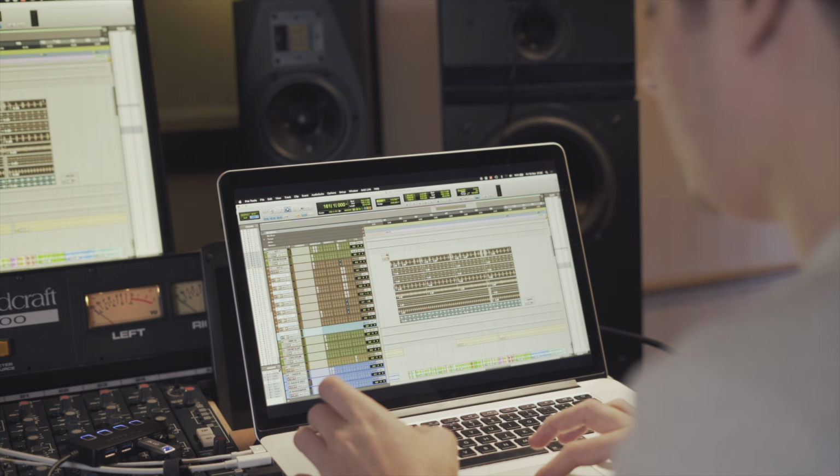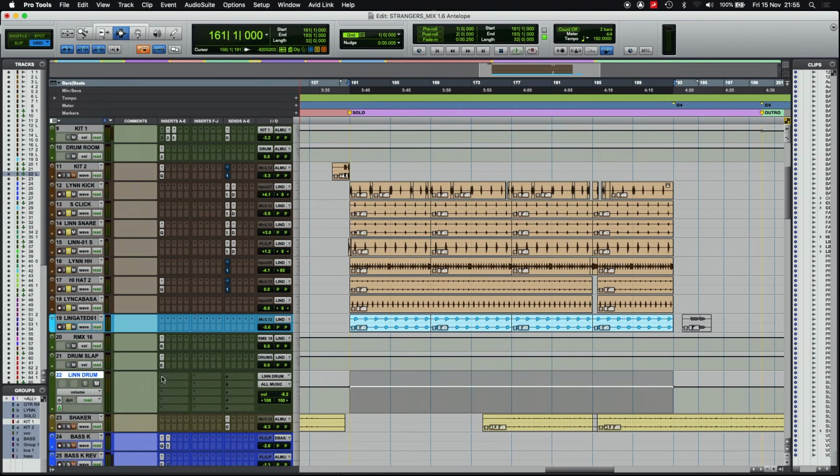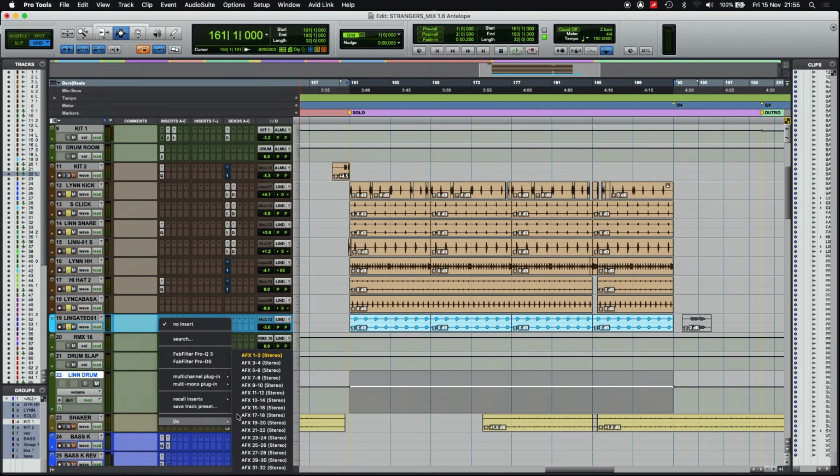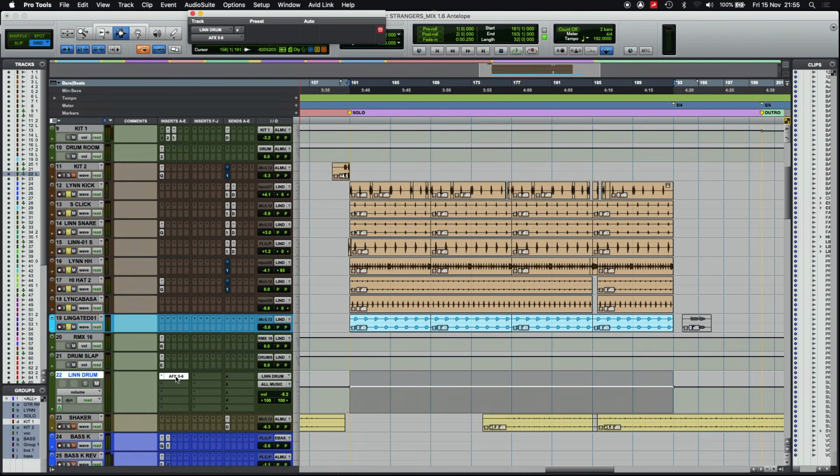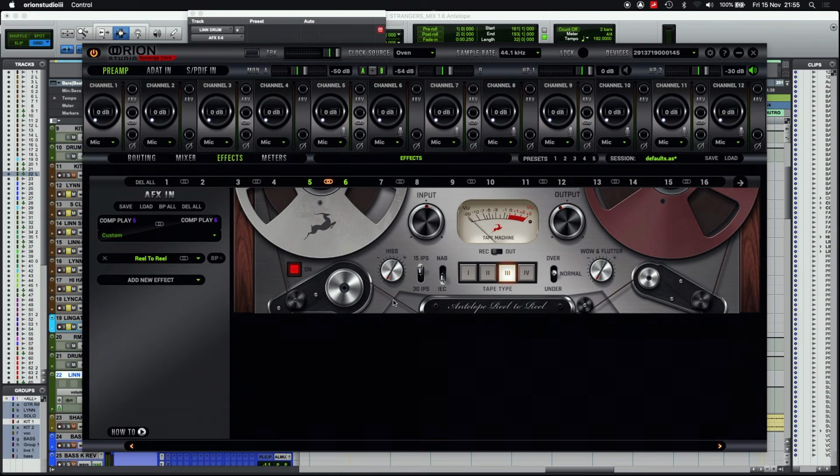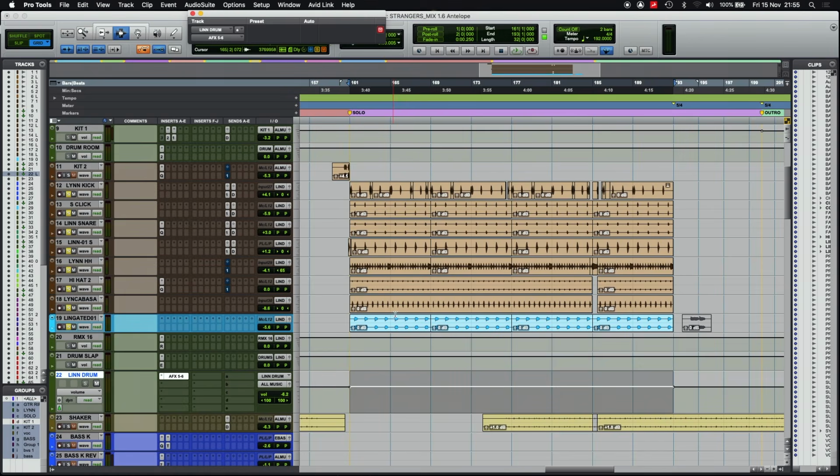My Linndrum is already being processed. There's a few reverbs and slaps, and it all comes out of this bus called Linndrum. All I need to do is to actually go on IO, and I've already labeled my inserts and basically activate AFX 5 and 6, which will go straight to this and back to Pro Tools. So now if I play,